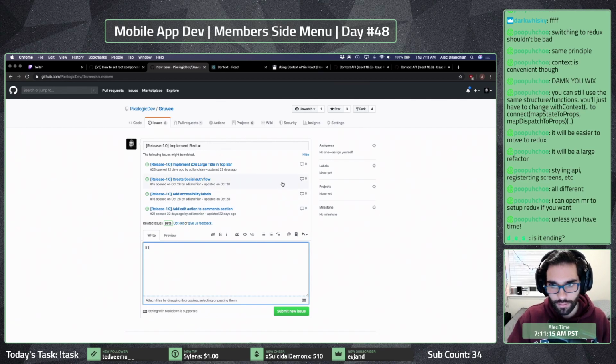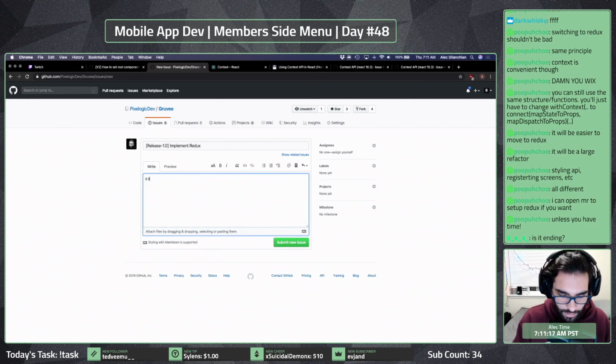So it looks like we have held off long enough and it makes sense to start utilizing Redux even for our mock data.